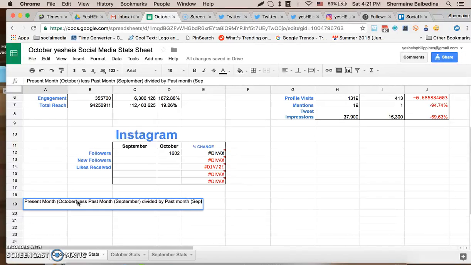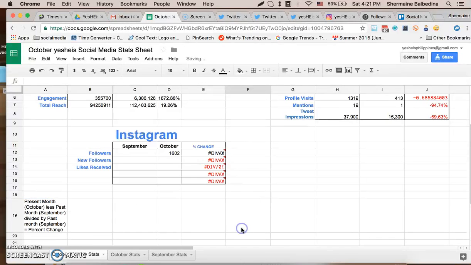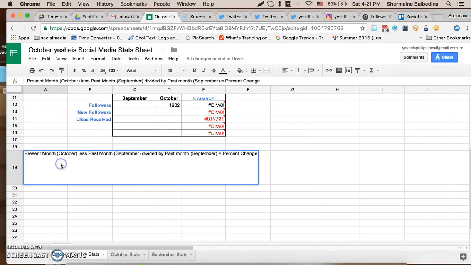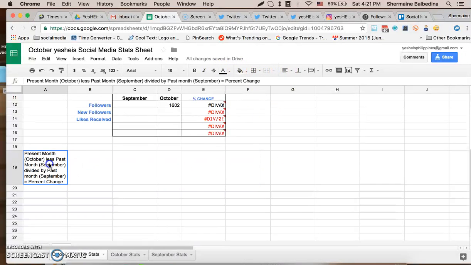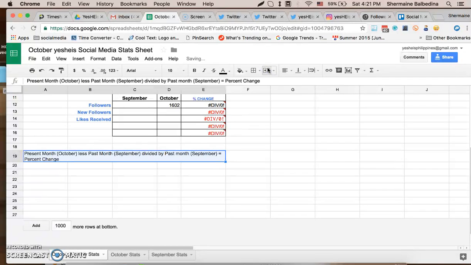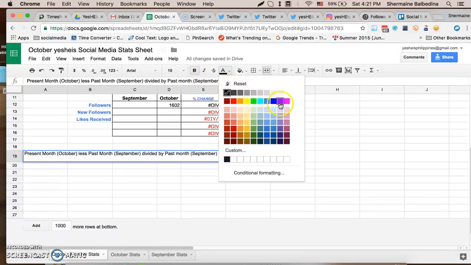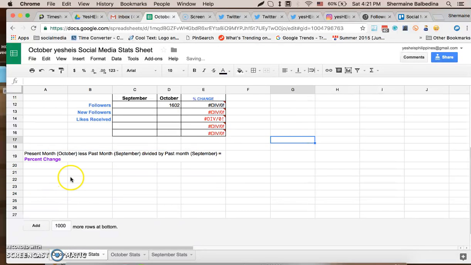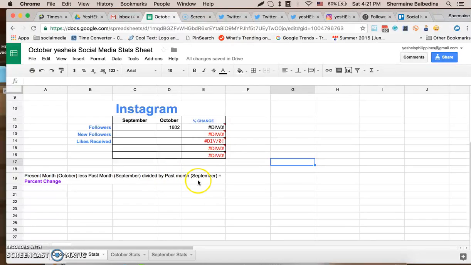So let's take letters is equal to percent change. So present minus past divided by past.